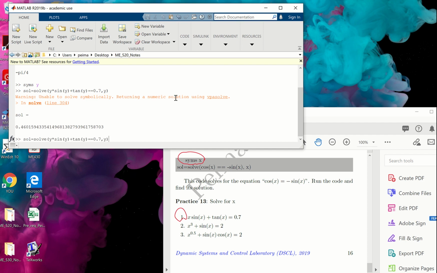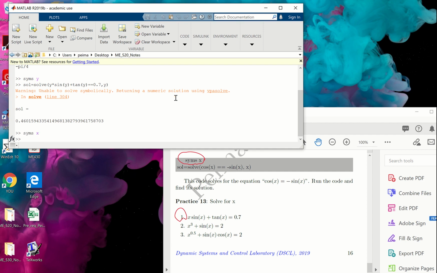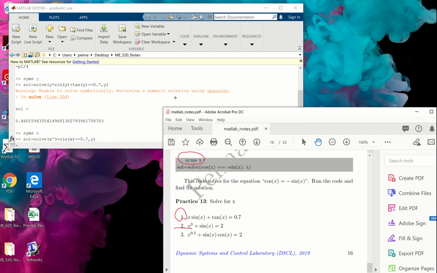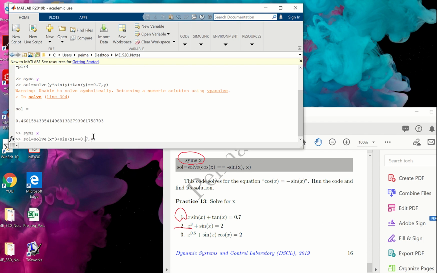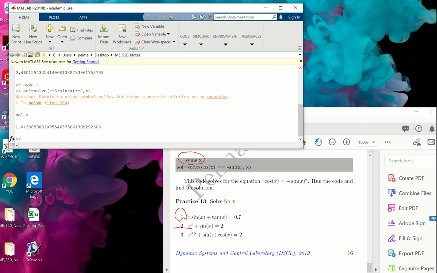And another one: I'm sticking to the y. Let me change it now to x because over here it is x. So now it is x to the power of 3, x cubed, plus sine of x. That's right. I'm talking about this, guys. Equation number 2 is equal to what? 2. And this is with respect to variable x. x cubed plus sine of x is equal to 2. So by using that vpasolve,